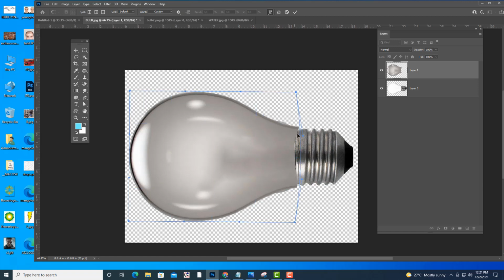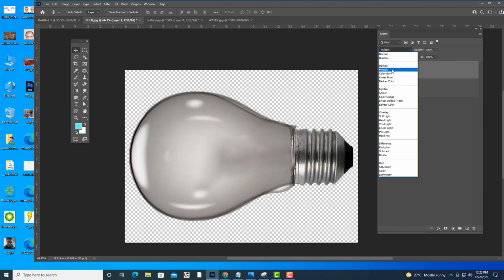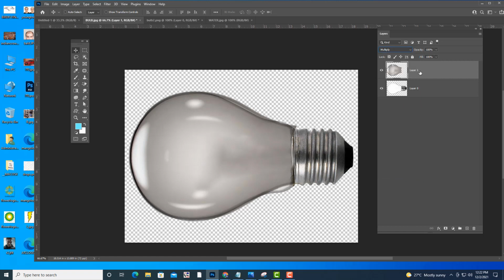I think all of you know the warp tool. Then we can use a blend mode here, and then we can apply a layer mask.